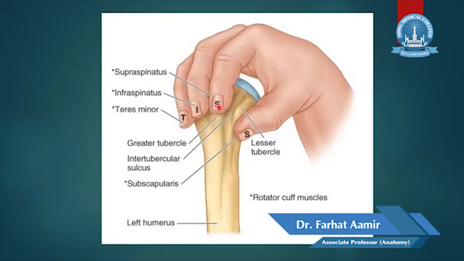On the lateral lip there will be pectoralis major, on the medial lip there will be teres major, and in the floor there will be latissimus dorsi. So these are the insertions of all the muscles, but in this slide we have to study four muscles, which are subscapularis on the lesser tubercle, supraspinatus on the superior facet, infraspinatus on the middle facet, and teres minor on the inferior facet of the greater tubercle.